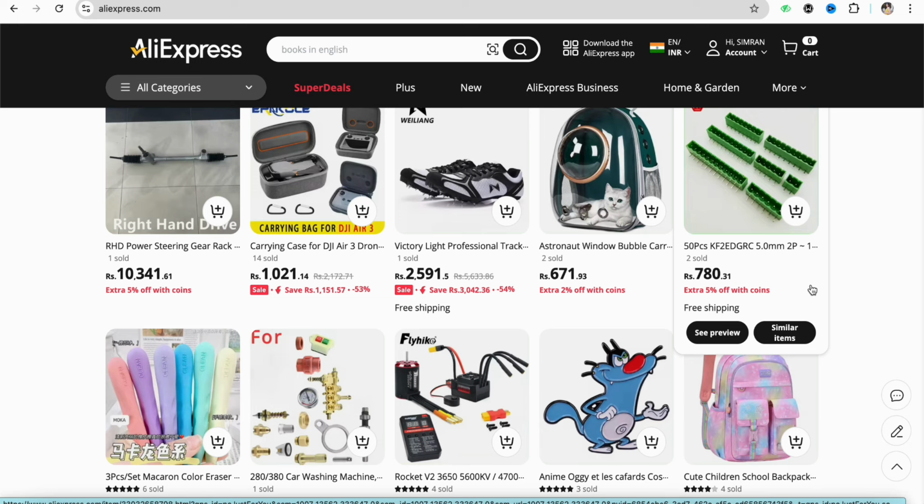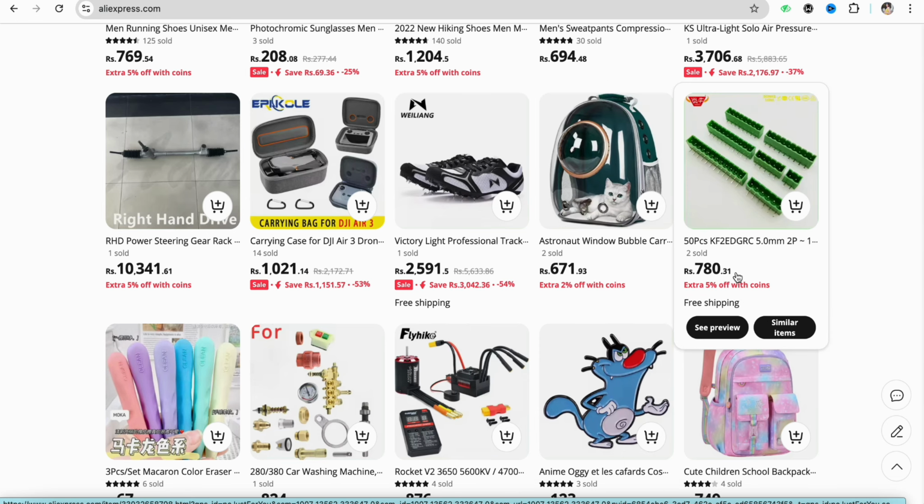Aliexpress, as you all know, is one of the world's largest e-commerce platforms, based in the world's largest e-commerce market, China. It has wide product selection, competitive prices and worldwide shipping. There are millions of products that you can choose from Aliexpress to sell at competitive prices, and you can earn some profit out of it as well.